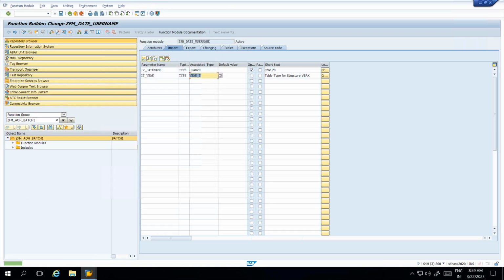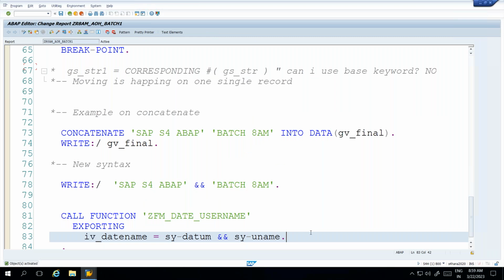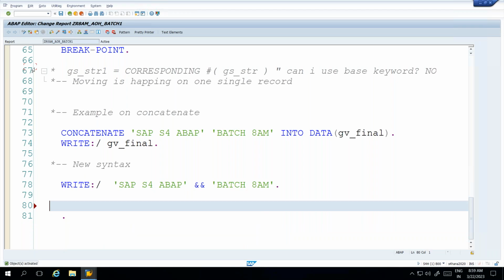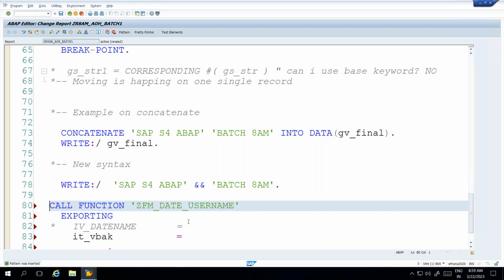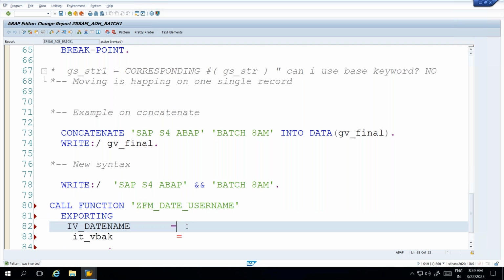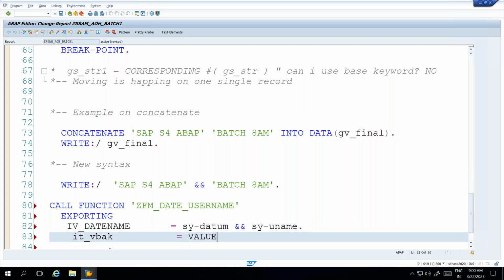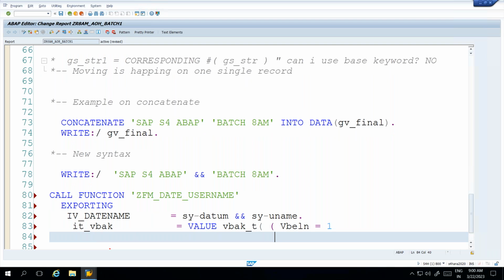Now activate this one. So now here, let me remove this one and let me call my function module one more time. So now here I'll do my concatenation, whatever the concatenations I have, sy-datum concatenate with sy-uname. So this is one. The next one, value. Here I'll just say VBAK underscore T. What is my first record? I can just pass my first record. VBELN is equal to 1, and then whatever the fields I have,